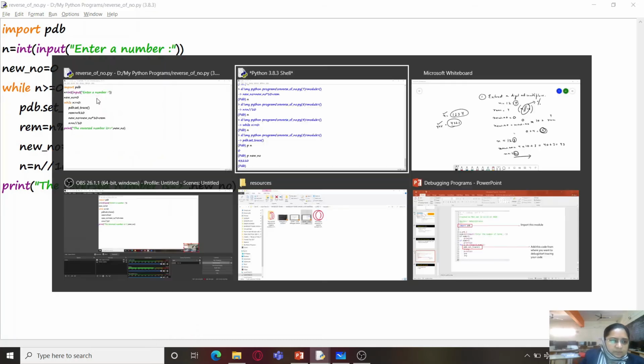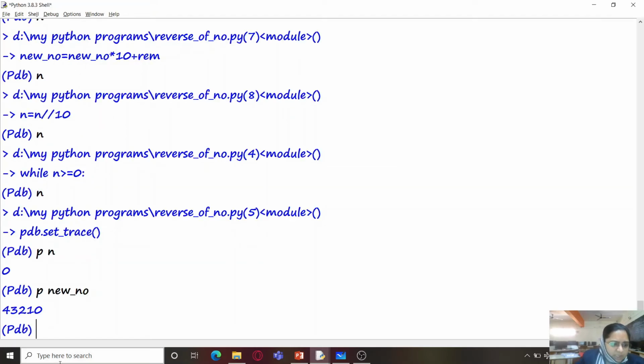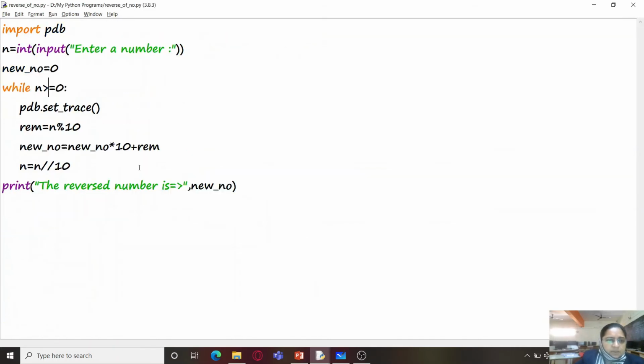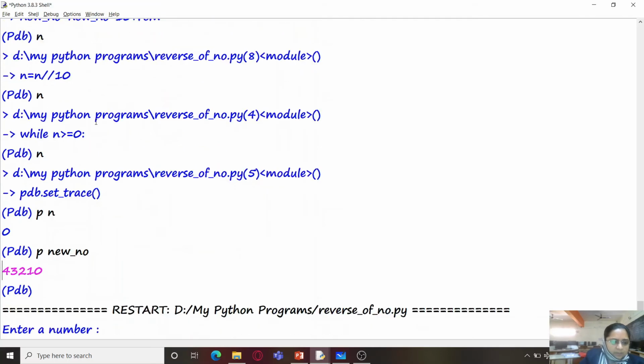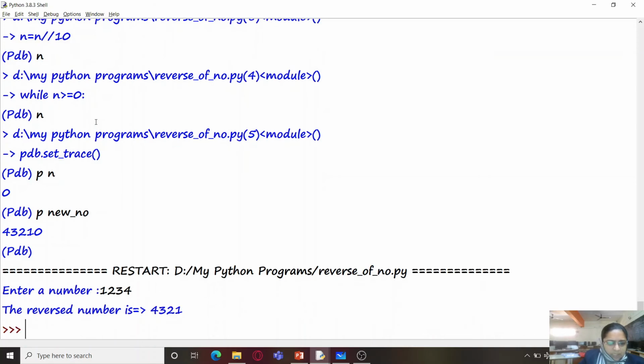So we were able to trace it only because we checked the value of new number. We were able to understand that at every iteration one digit is added to the new number. Here there is a total of 5 iterations, whereas there should have been only 4 iterations. So we were able to catch the error, and now when we run the program, if you want, you can hide this statement here and run the program and check it. So I'm going to type this and we get the correct result now.